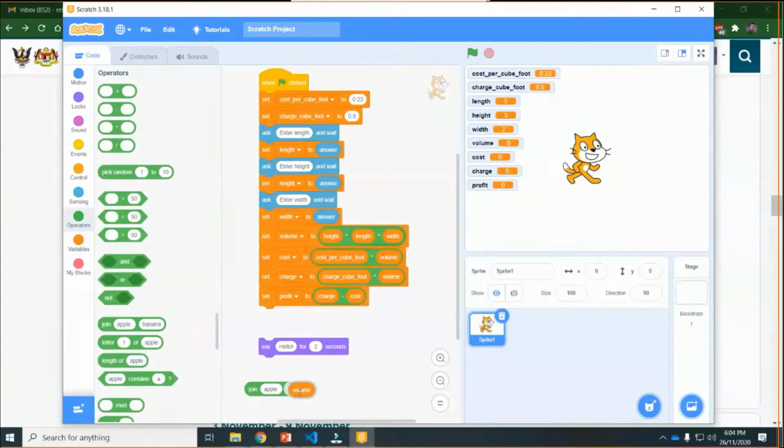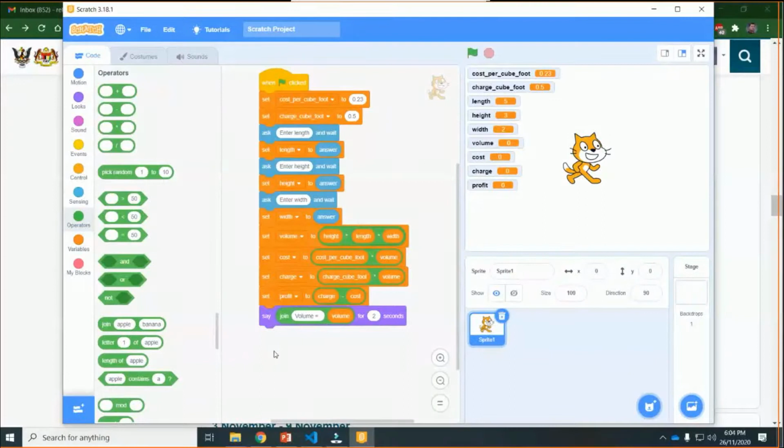So put it here, and I will type here "volume equal to". So this is a join. Then bring this join into the hello block. So say "volume equal to" this value for 2 seconds. You can change the 2 seconds to less or more if you want.